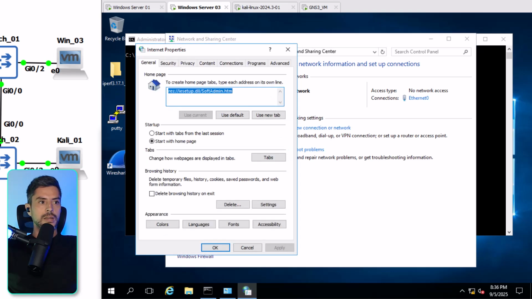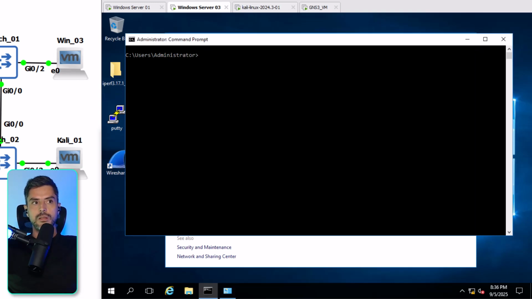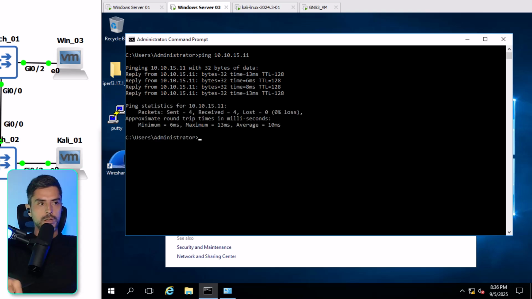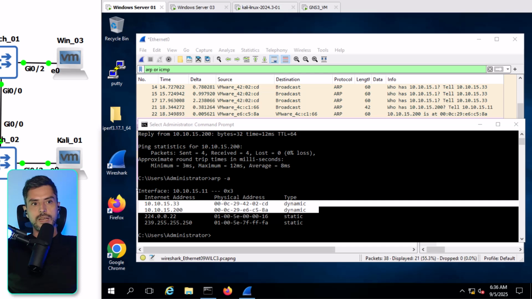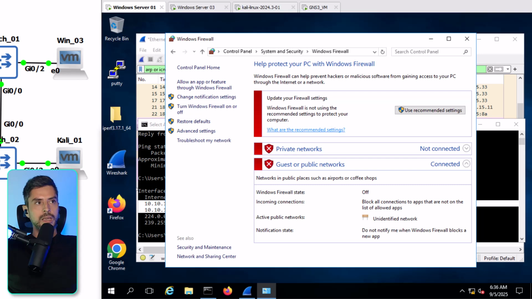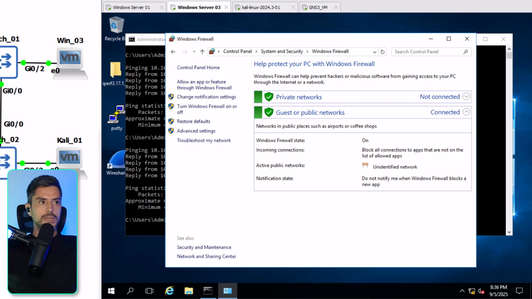In this case, if you check this device, the Windows firewall is enabled. Okay, so any ICMP traffic or ping packets it receives, it will drop. However, if we ping from this device, for example, if we ping Windows Server 1, Windows Server 1 is responding, and we can also ping the Kali Linux device. But the reason is that in this case, Windows Server 1 doesn't have any Windows firewall policy enabled. So let me disable